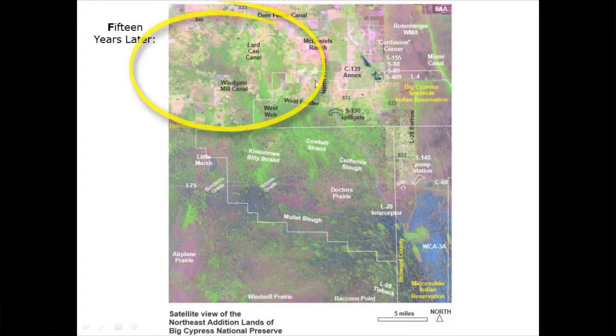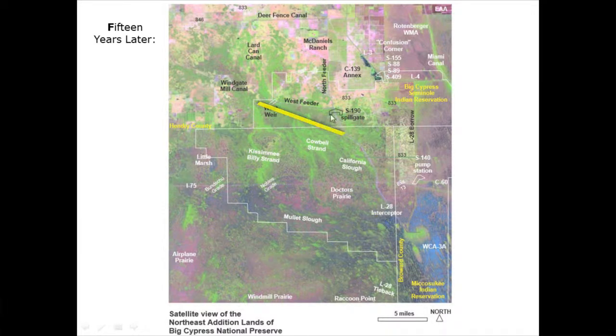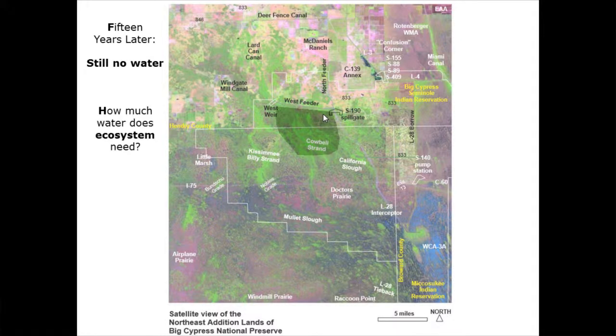Here's the West Feeder. Here's the Big Cypress National Preserve Northeast Addition lands. Here's the Seminole tribes, the natural sloughs and strands located south of the West Feeder. So 15 years later, we still have no water flowing into this natural area that was historically bypassed by canals. And we don't seem to know